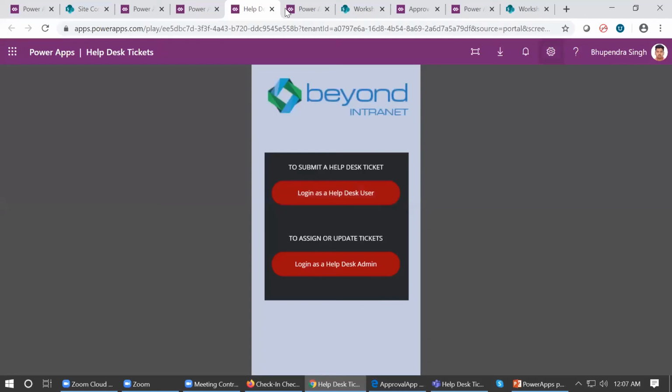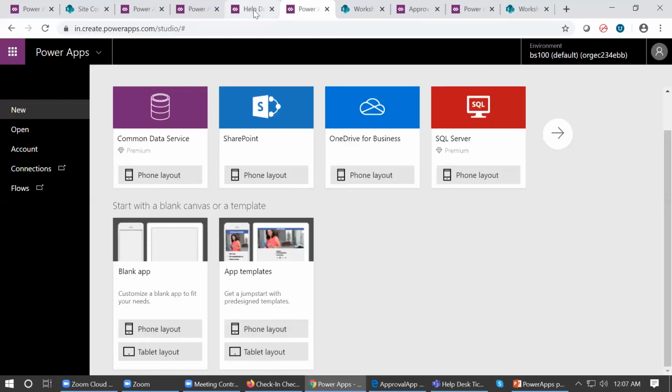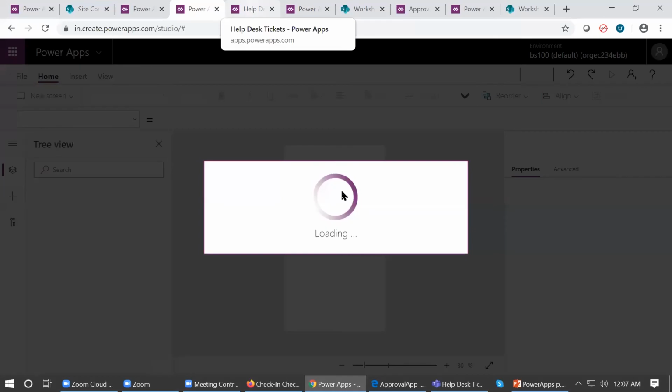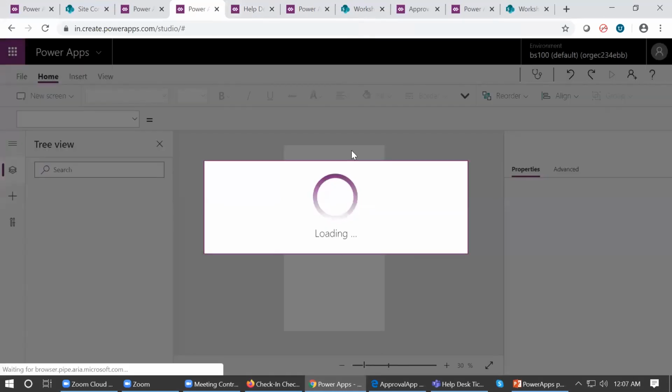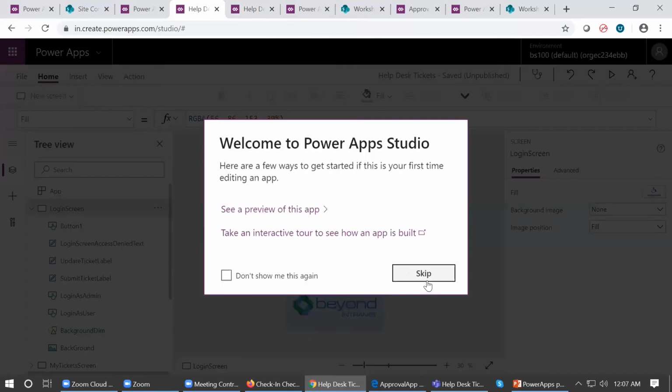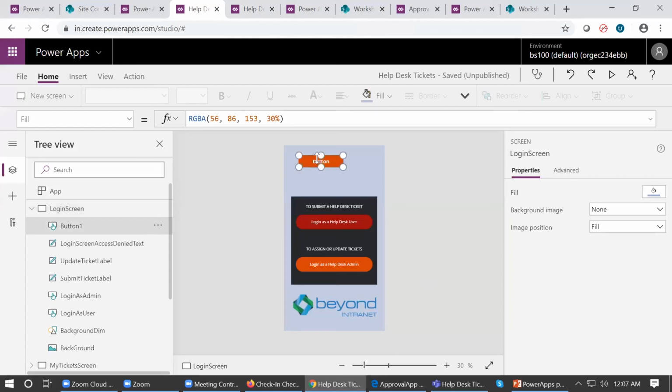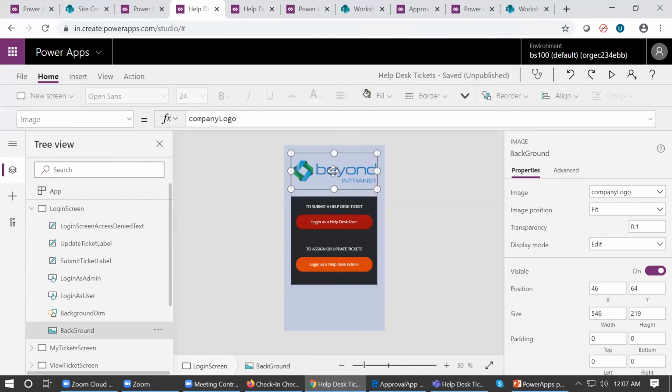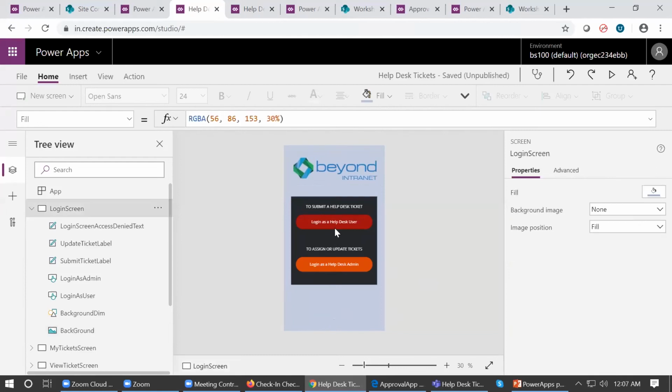I have opened this application in Power App Studio, and let me delete that button. So here you can see that I have this application in edited mode now, and I'm dragging and dropping the icon here and there, and I have buttons there.